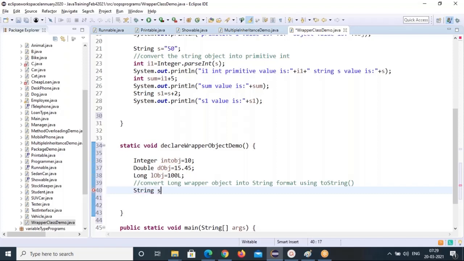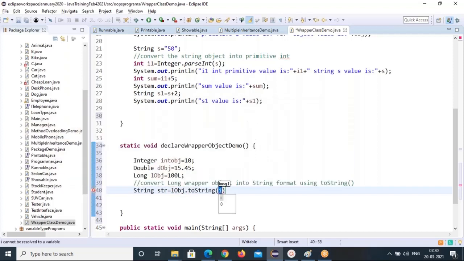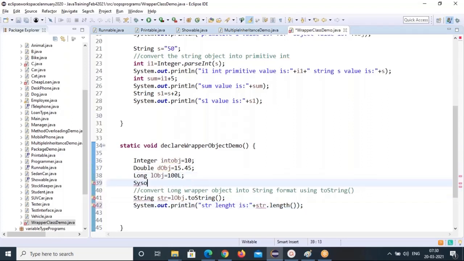String str equal to lobj dot toString method. So you are using the toString method. You don't need this. So this is how it will convert. So str length, you can find the length by calling the str dot length method. So this is how to convert objects into string format.